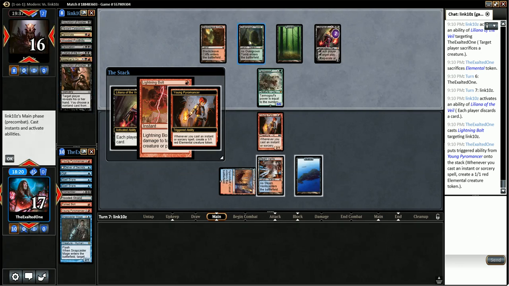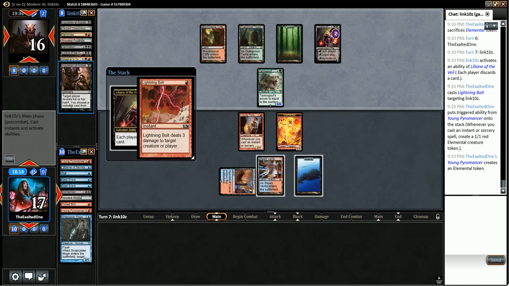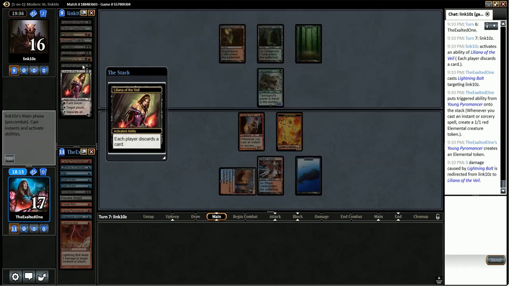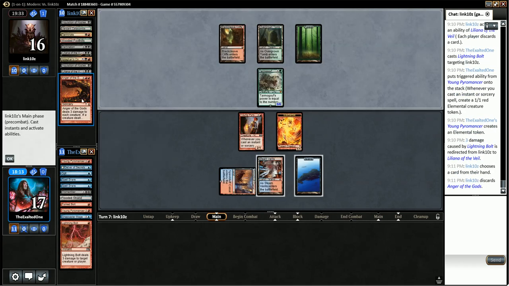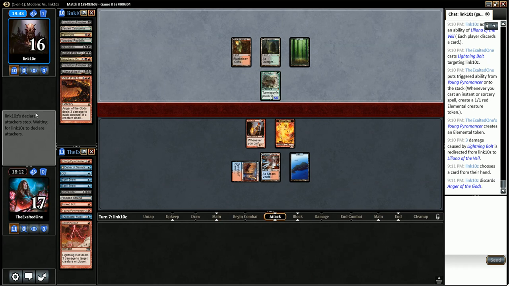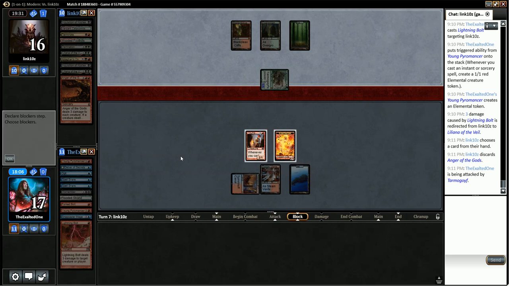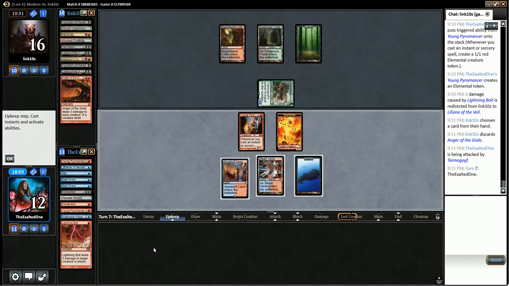And presumably it's not a very good one. But, yes, redirect. Just like a discard spell, maybe? Anger of the Gods, so... Uncastable spell. I think we'll race. Although they might just play another creature, but I could,